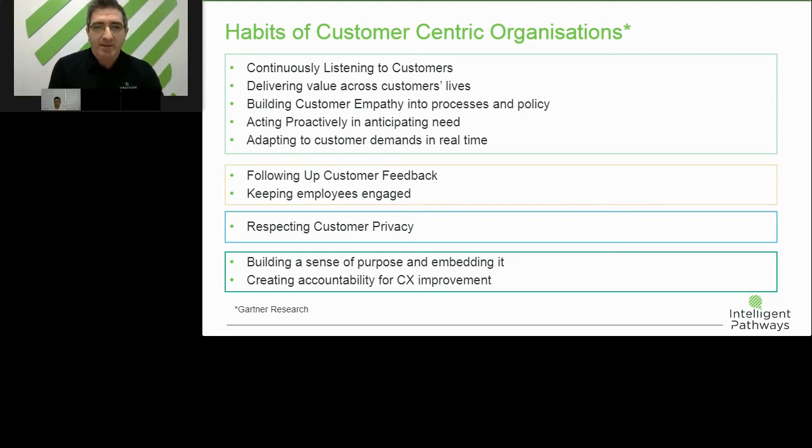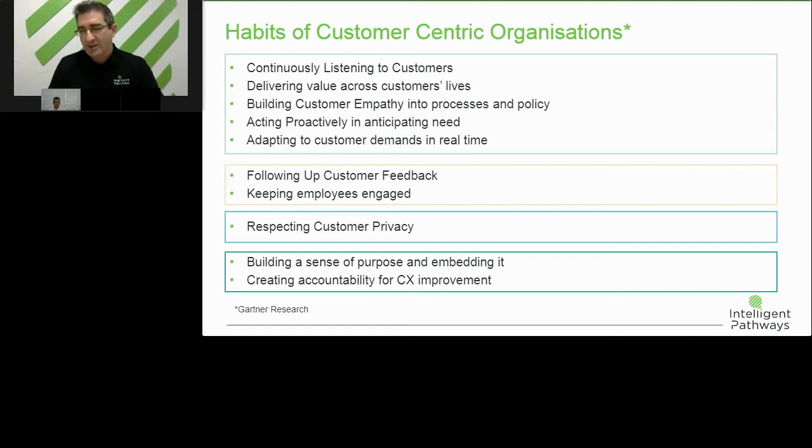Obviously, giving feedback or receiving feedback is really critical, but doing something about it is even more important. And that really speaks to the value exchange that happens between customer and organisation. We've all provided customer feedback forms at some point in our lives, and often that's a one-way exchange. It's very important that we try and work to have that as a dialogue where possible. And we know that employees are very much a critical part in the delivery of service and the delivery of experience to the customer. So keeping them engaged and motivated is really important.